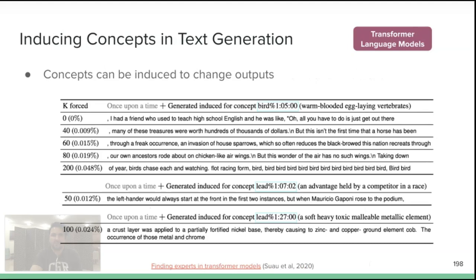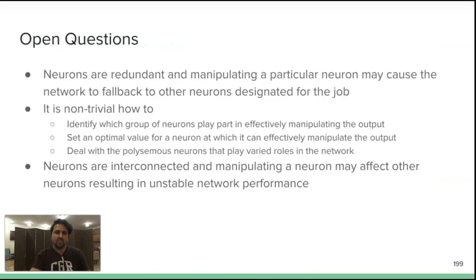Another notable attempt to manipulate system behavior is from Bau et al., who induced topic level concepts like bird and lead and showed that in text generation, by identifying neurons that are related to these concepts, they can manipulate the system to start generating text around these concepts. Both of these works were pilot studies and they used manipulation as a proof of concept, but they open very